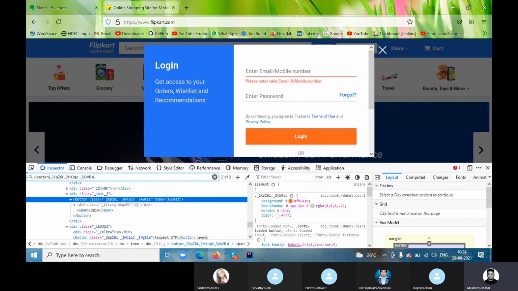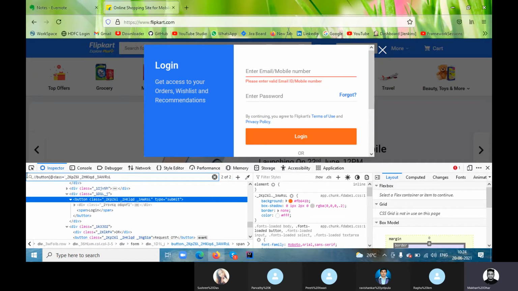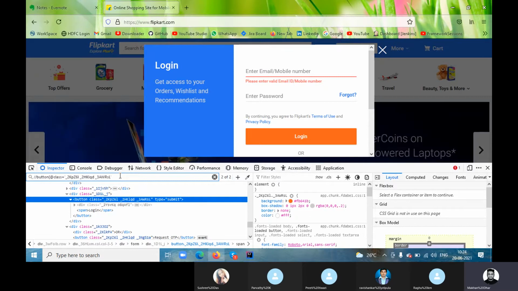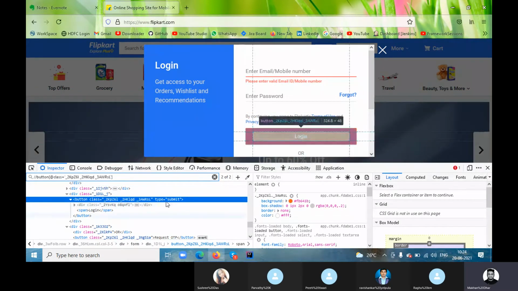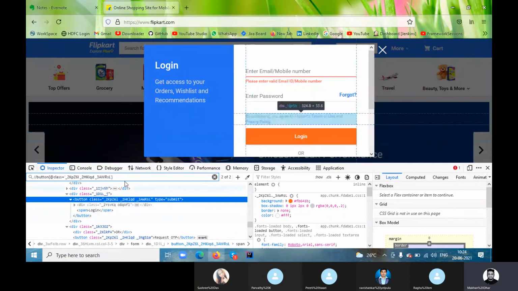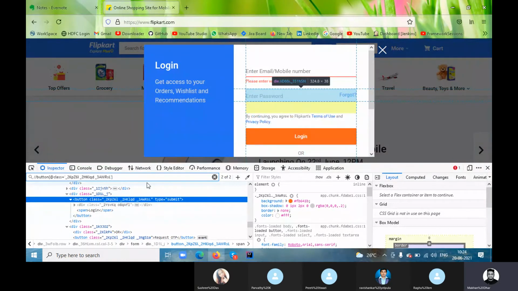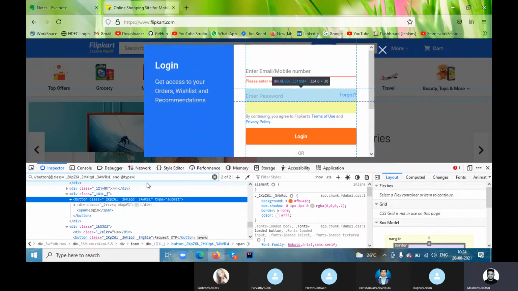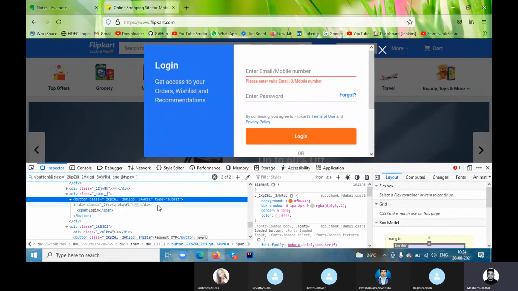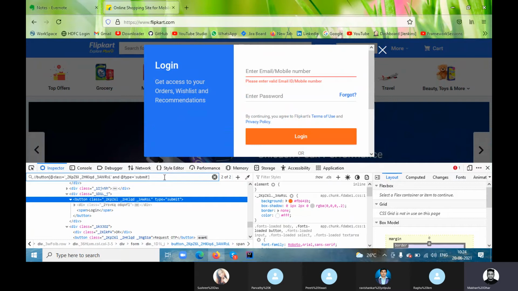So now I'm saying class equal to, comma start. Still I'm getting 2, right? So another way to make it unique, I will take another attribute. We saw this yesterday, and again I am showing you. So this attribute also I will take, type equal to, within single quote, just copy the value instead of typing.